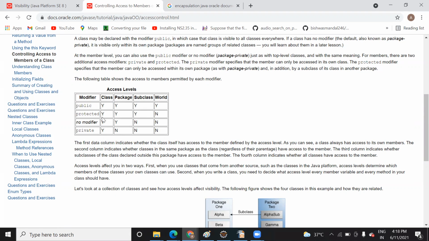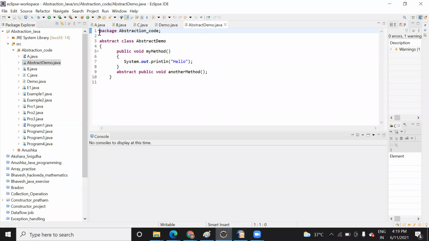When you declare it protected, then in that case, it is accessible within the class. It is accessible within the package. It is accessible by the subclass, but not by the whole world. What do you mean by this? When you create this package abstraction, inside this package, how many kinds of files, like code, do you have? All these files, right? So it means that the method or variable will be accessible to all these classes, inside the same class or inside all these different classes, and inside the same package, but not to the outside world.